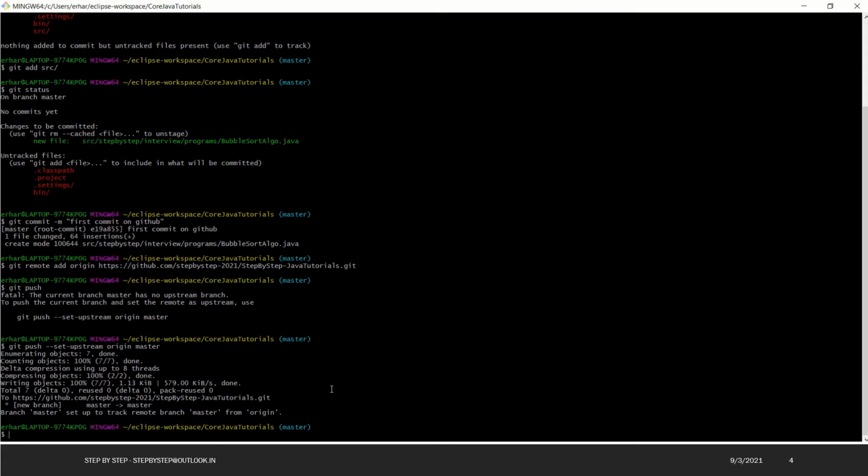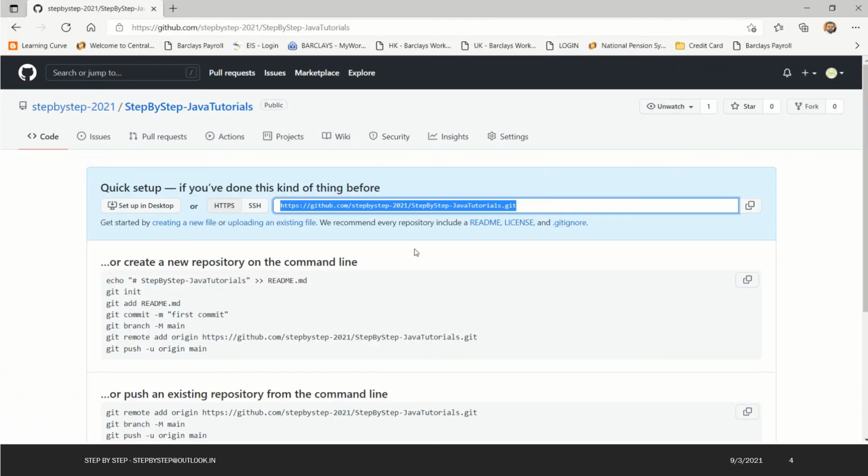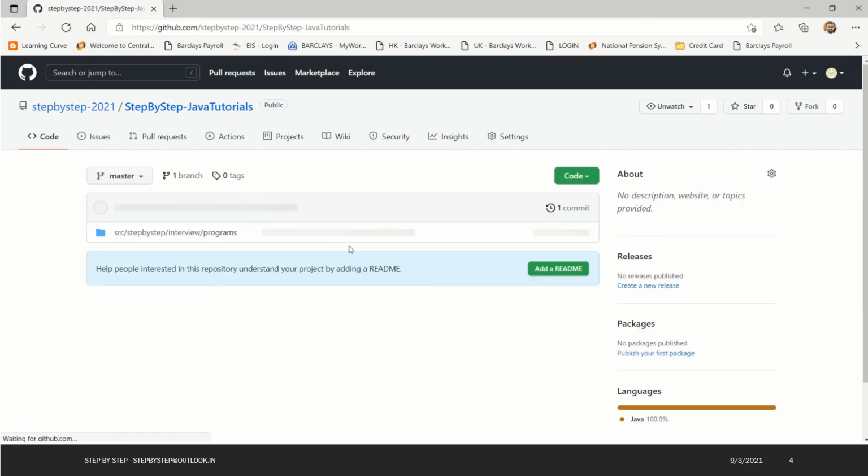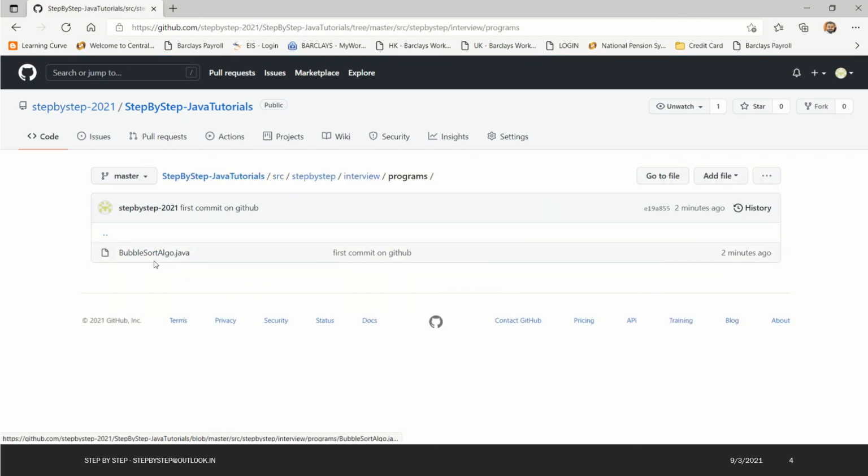Now let's go back, and if you see now, it is saying that it has been pushed. So the git commit is successful. Now let's verify on our git repository. It is not showing anything, so let me refresh the page. Now if you see, the first commit on GitHub has committed our code. If you click on this, it will show the file name.